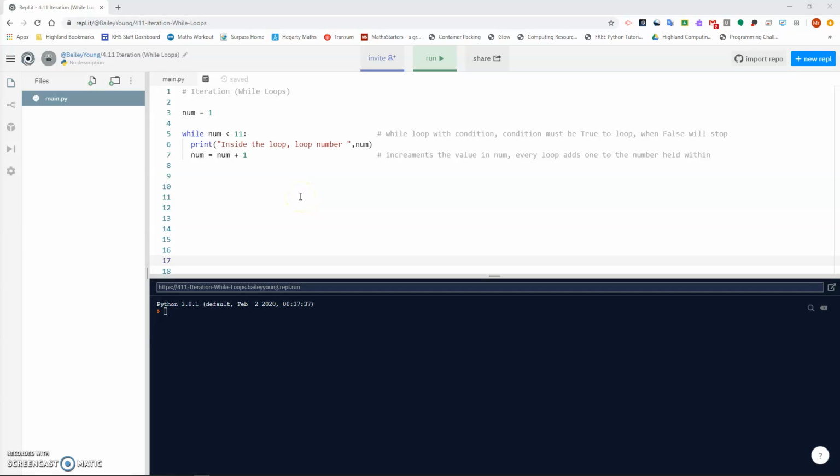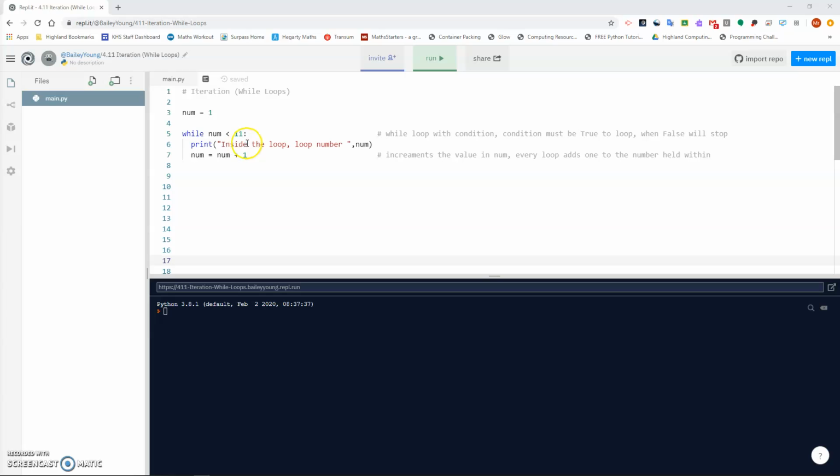So our second loop is a while loop, which unlike a for loop, which we called a fixed loop, is conditional. So a conditional loop means that it will carry on looping until a specific condition has been met. So in this example, we're going to be looking at how many times this while loop would continue on going for. So we have a variable called num, which is equal to 1, and while num is less than 11,